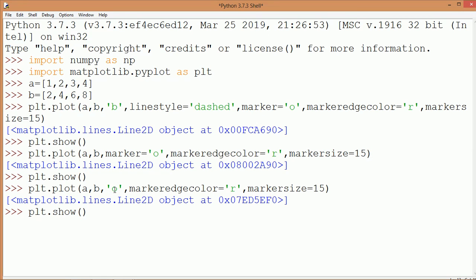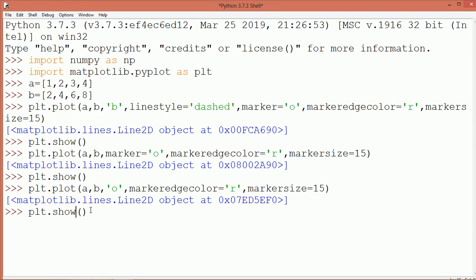Means the line color we have removed, the line style attributes we have removed, only the marker style we have given. And for the marker style, we do not write the attribute directly, we write its type, that is, in single or double quotation marks we write O, or any other style like plus or X or any other.